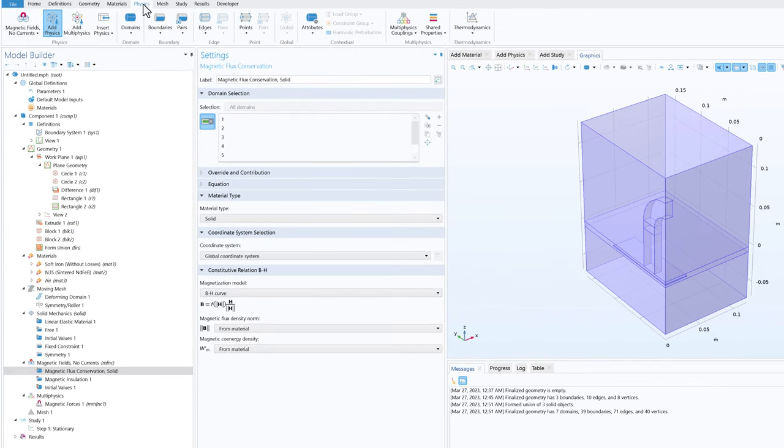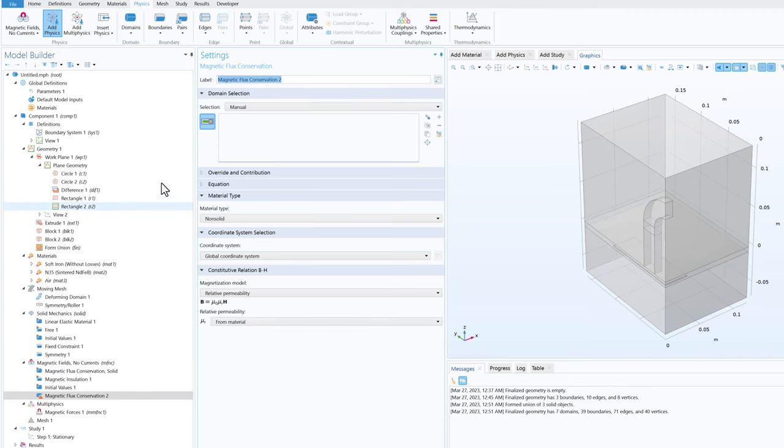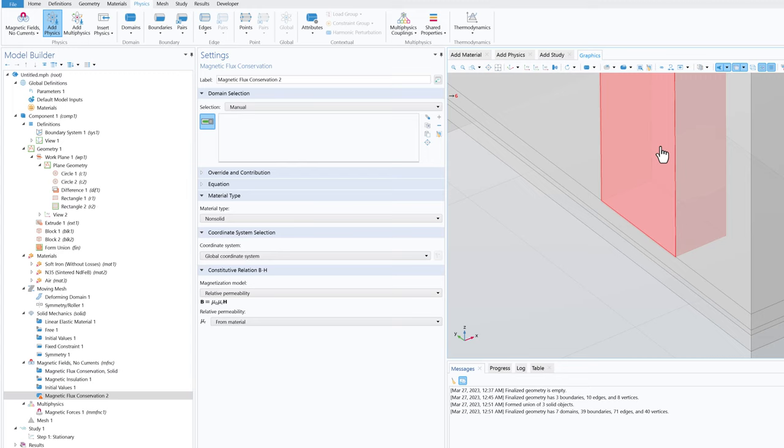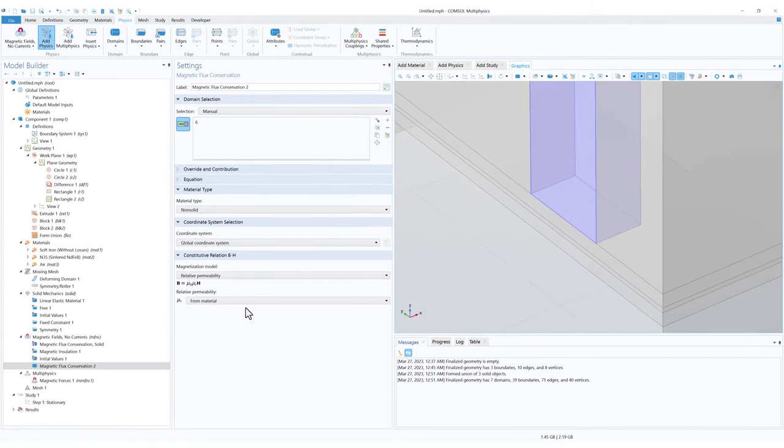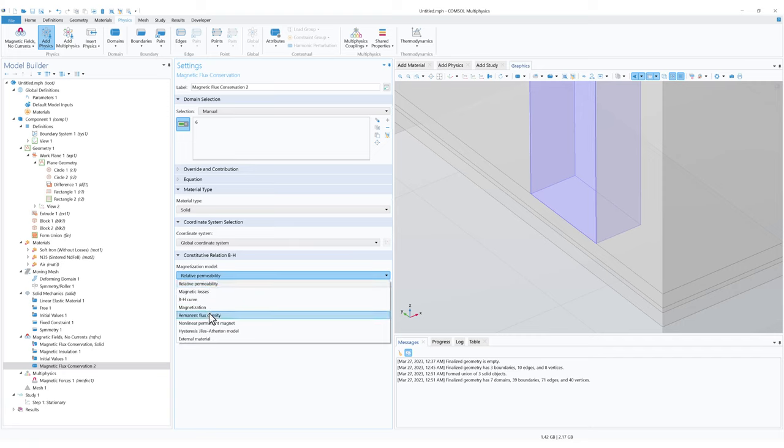So we'll go on to physics, then inside of domain we'll add magnetic flux conservation. So we'll select the domain 6 for the magnetic flux conservation, and in the material type we'll choose solid, and inside the constitutive relation BH in the magnetization model choose the remanent flux density,